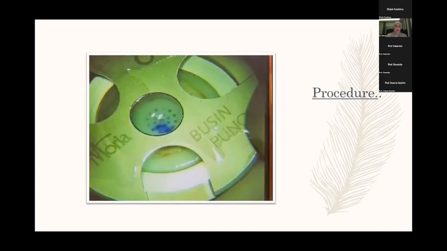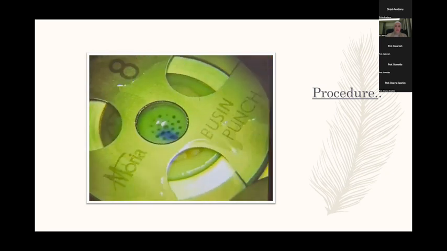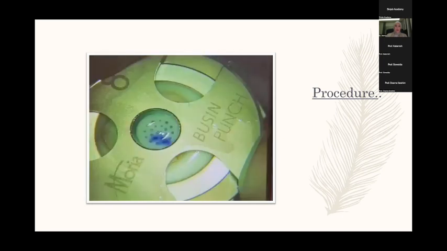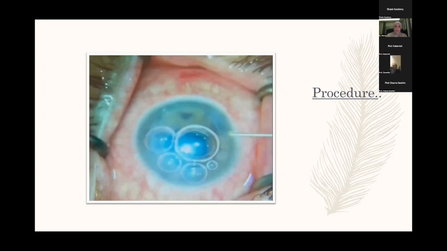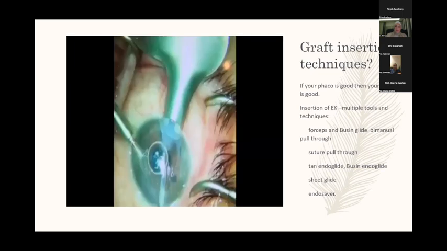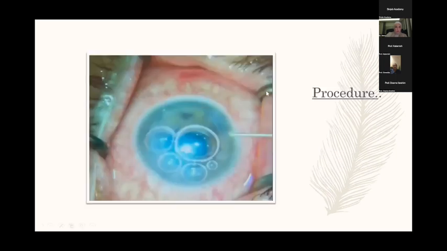Then I go to define my graft. As you see, there's the F mark upside down. I use my Busin punch, and this Busin punch has the advantage of having a visualization of the graft. Okay, and then I make my cut, and I load it onto the